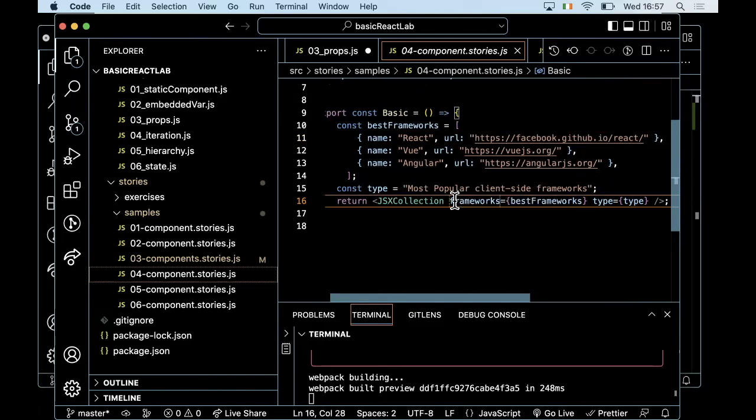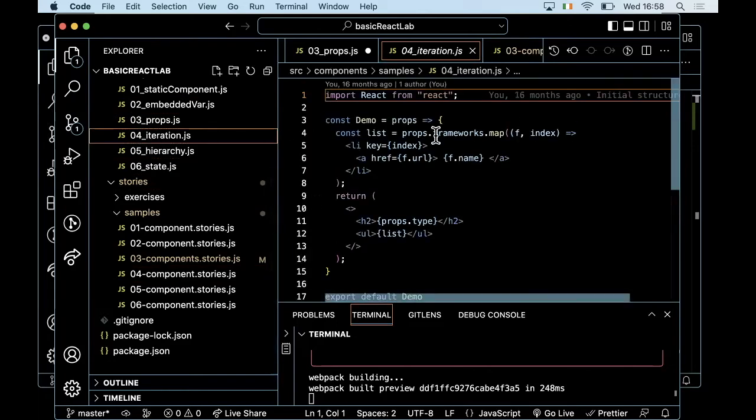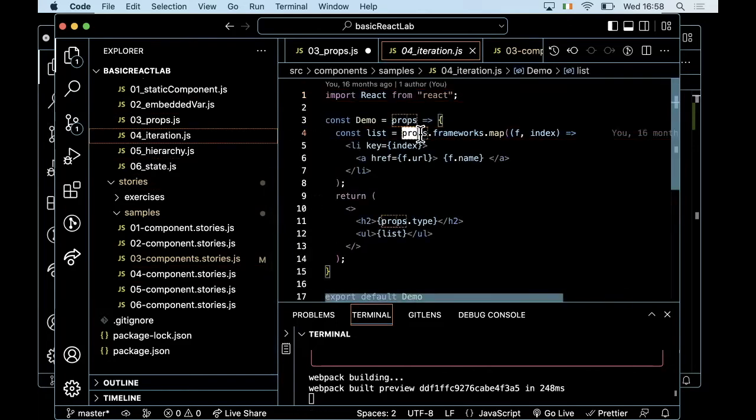So it's how my component is going to use this array that's going to be interesting, because we've seen now that what we want the component to do is generate an LI element for each entry in this array. So let's look at the component. And so here it's picking up the array and it's mapping over it. And we know from before that the map method expects a callback. And here's my callback. And the callback is an arrow function, and what it's returning, and I've used the shorthand